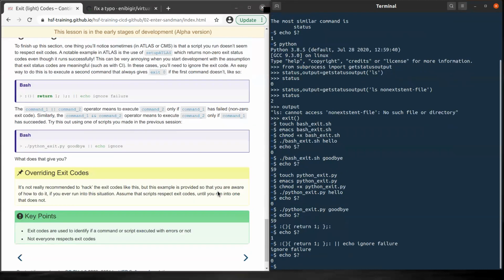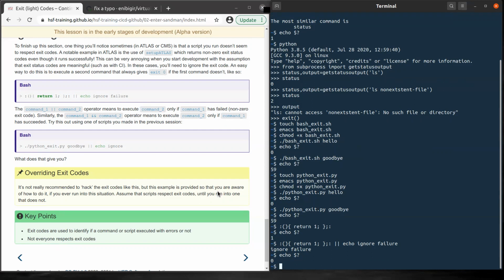Now we've learned how to display the exit code and how to set it, but it's not recommended to hack the exit code like we did.